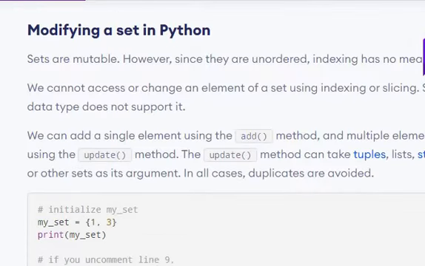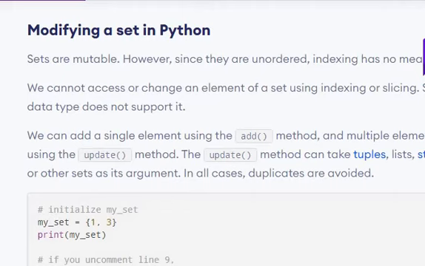Sets are mutable, but they are unordered and we cannot perform any indexing here. So we cannot access or change an element of a set using indexing or slicing, and the set data type does not support it. But we can add an element using the add method. We can add multiple elements using update. The update method can take a tuple, list, strings or any other sets as its argument.